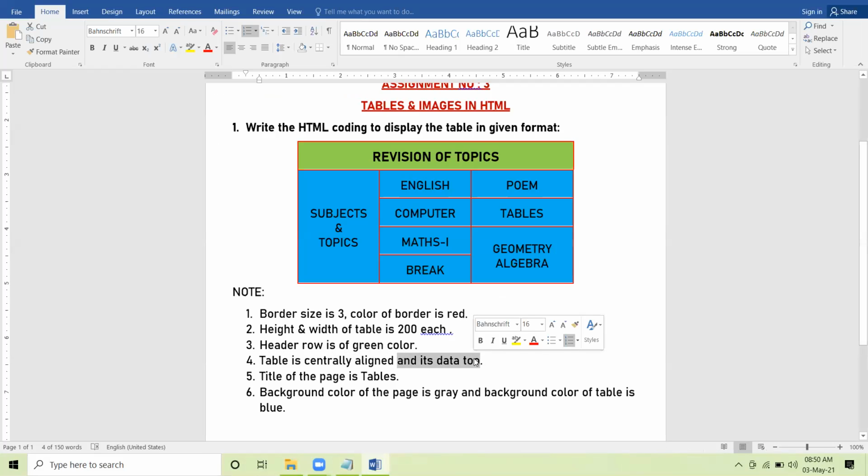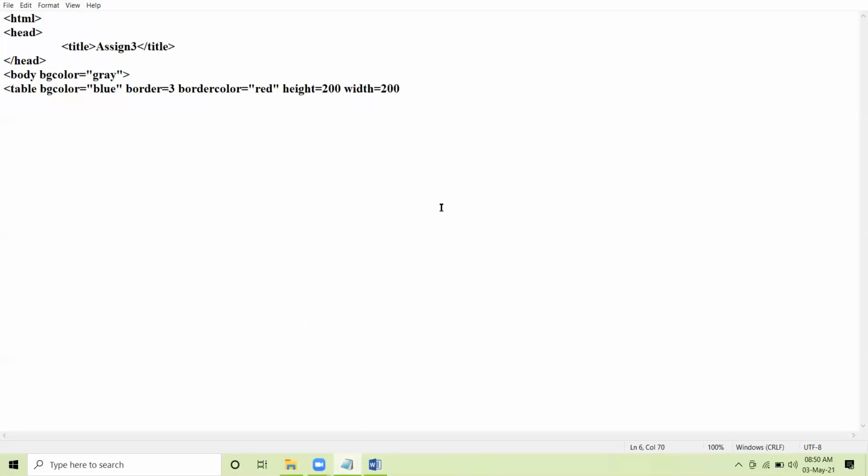Now you have to use separate alignment for table, separate alignment for the data of the table. What I mean by this is apply the align attribute here inside the table tag and give the value center.